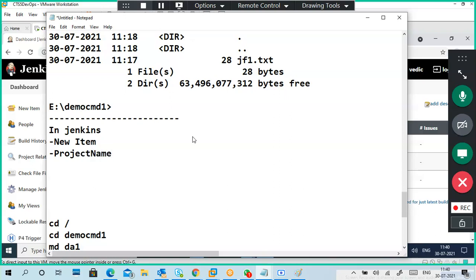You have to mention your project name. So I gave demo CMD one. Next, I chose freestyle project. Next, I clicked OK.